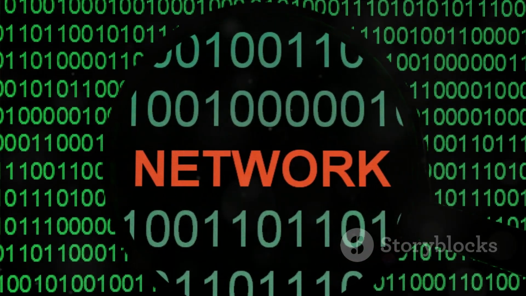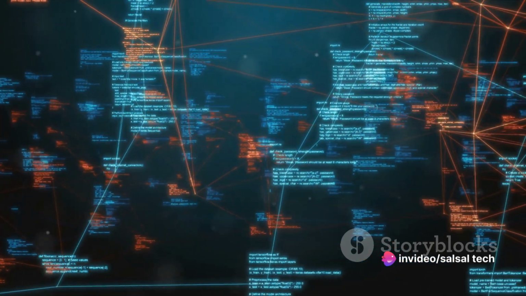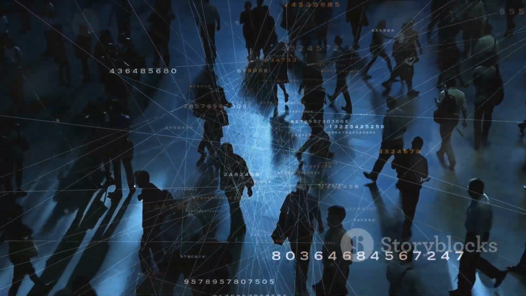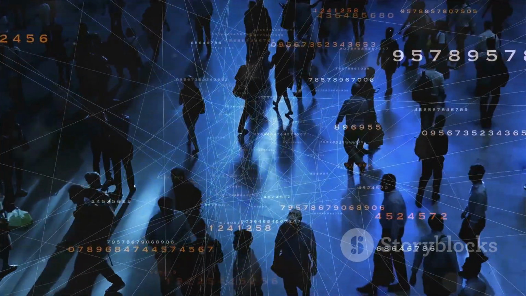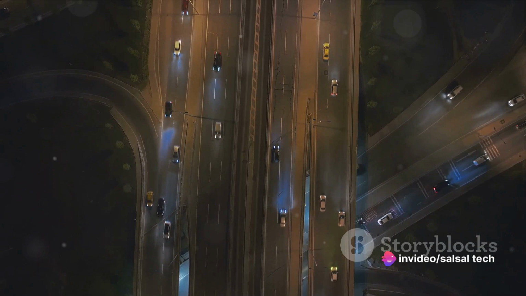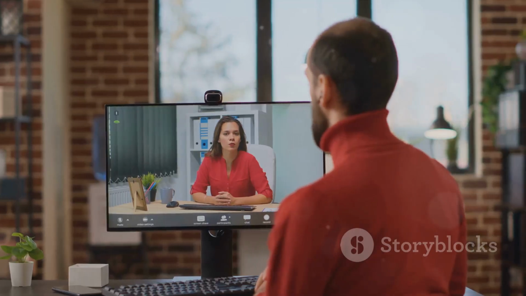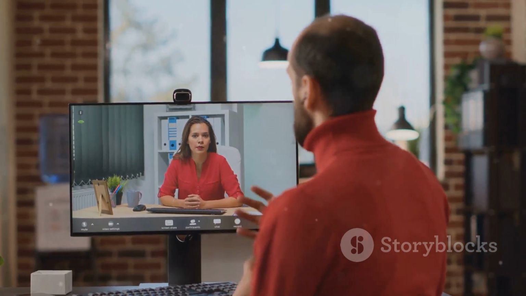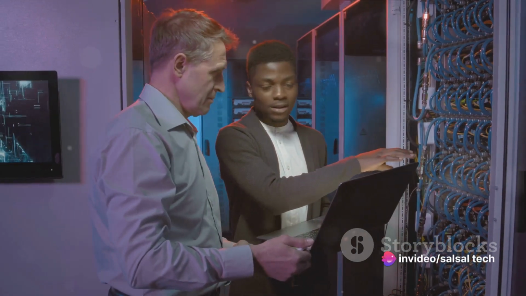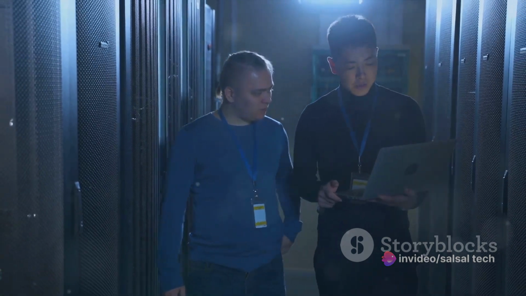We also explored the differentiated services model, or Diff service model. This model is a step up from the best effort model, as it allows for different levels of service for different types of traffic. It's like having different lanes on a highway for different types of vehicles, ensuring that each type of traffic gets the service it needs. Lastly, we delved into Cisco Unified Communications Manager, or Cisco CUCM. It's a powerful tool that manages voice, video, messaging, and mobility services on a network. It's the conductor of a network orchestra, ensuring that every piece plays in harmony.